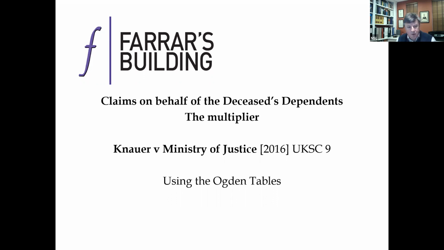There is some advice in the Ogden tables about what you should do to adjust the multiplier. Rather than using the multipliers for living claimants, what the Ogden tables recommend, and interestingly virtually nobody ever seems to do this, is to use the Table 28 terms certain to get your starting multiplier, then adjust that for contingencies other than mortality in the normal way for a loss of earnings claim, and then make an adjustment using some tables at E and F in the Ogden tables for the chance that the deceased would not have survived